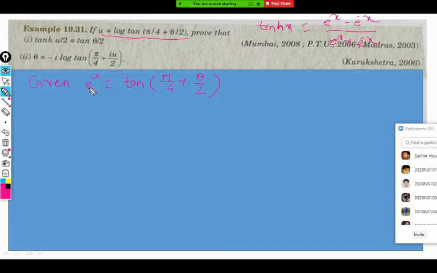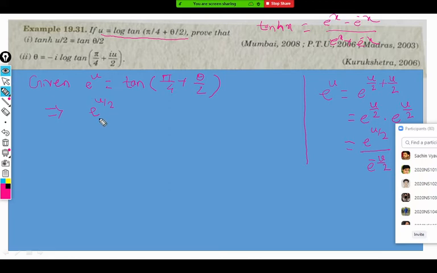How to convert this e raised to u into e raised to u by 2? Can I write like this: e raised to u by 2 plus u by 2? I will write it in the rough if you want. E raised to u can be written as e raised to u by 2 plus u by 2. That can be written as e raised to u by 2 into e raised to u by 2, because the base is the same, so that can be multiplied. And now this e raised to u by 2 divided by e raised to minus u by 2. I hope you got this thing.